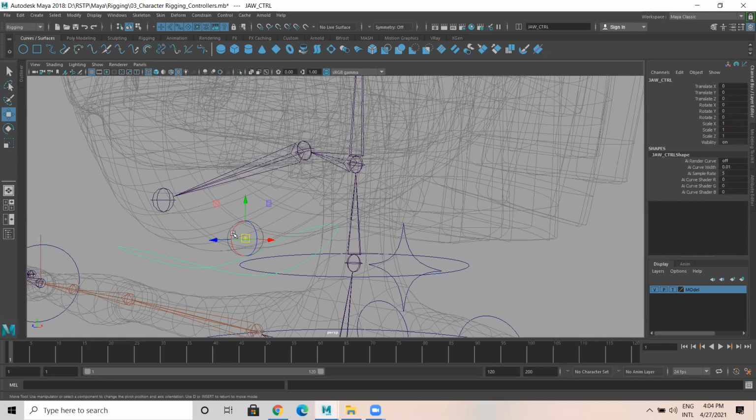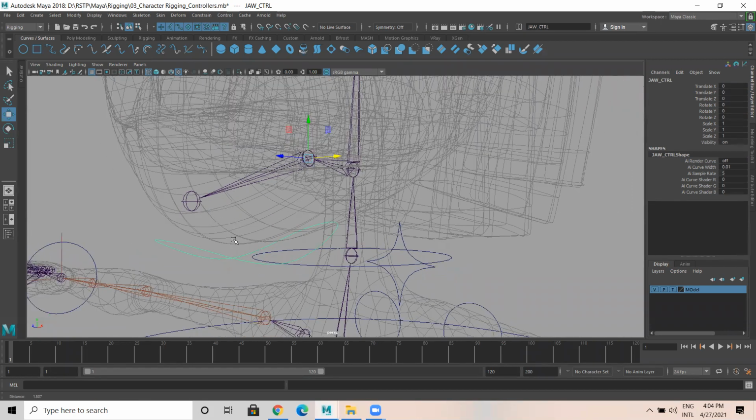the button D. You can press D or Insert. After pressing D or Insert, the icon changes like this. Then hold V, middle click on this one. Hold V, middle click on this joint. Then W, it's done. So select this now. See, the pivot point of this is placed inside this particular joint.